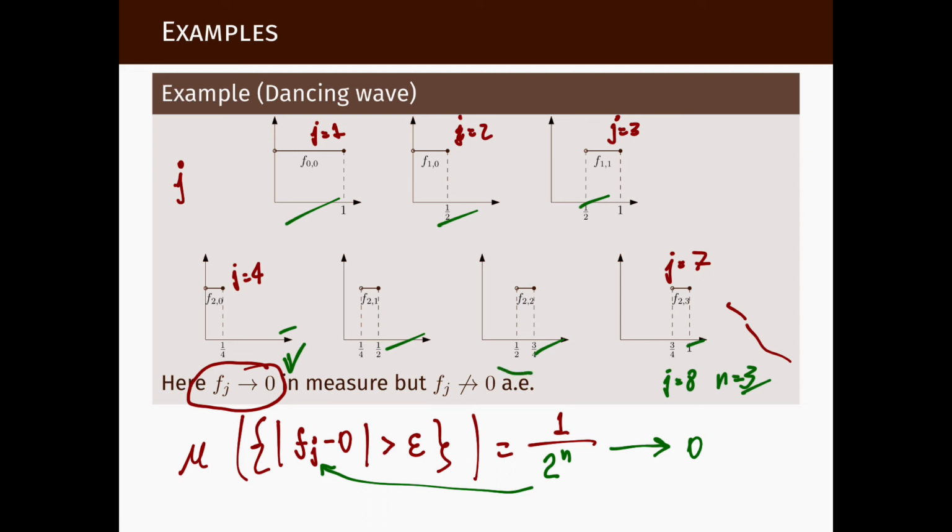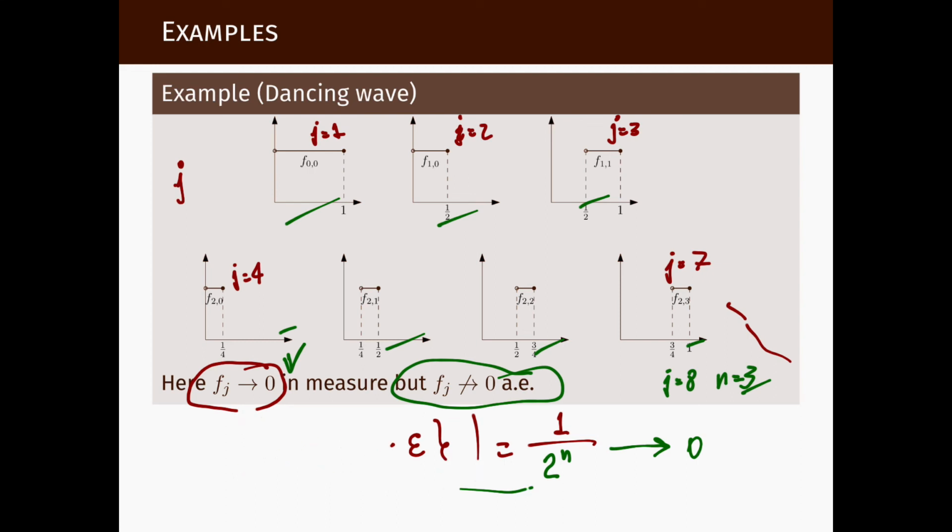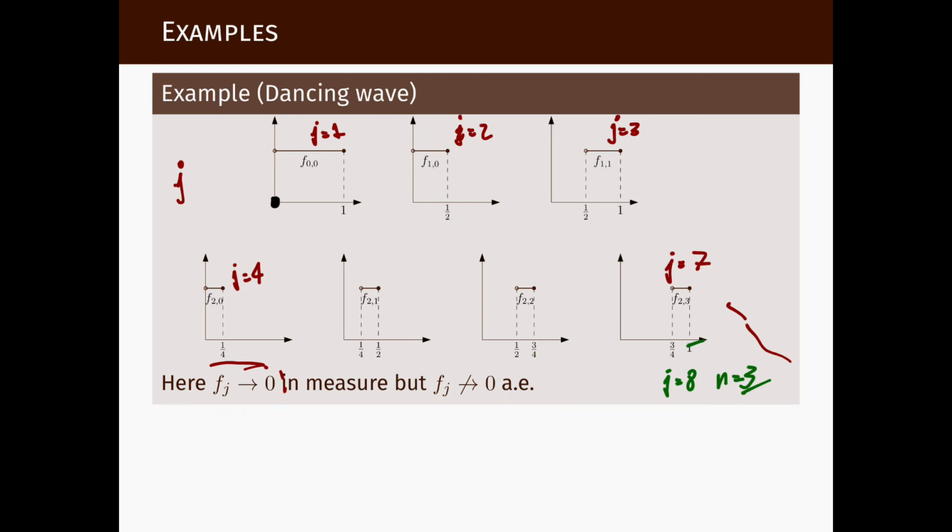However, it does not converge to 0 almost everywhere. In fact, it converges to 0 nowhere. This function does not converge to 0. In fact, it only converges to 0 at one point, that's the point 0 here, because the function is always 0 at 0. But if we fix any other point, suppose we fix a point here,